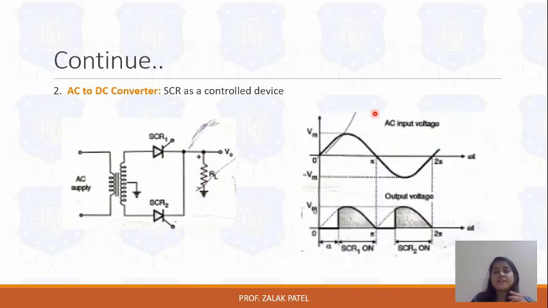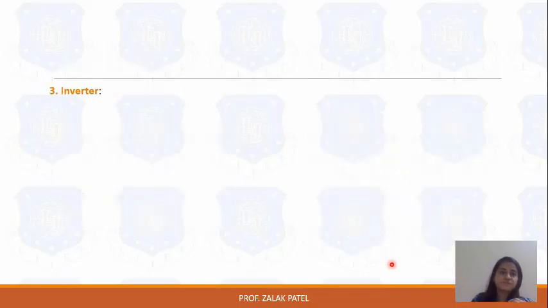So here you can see that on the first cycle, that is 0 to pi, the SCR1 is operated with some firing angle, that is alpha. We will discuss about what is firing angle in detail in unit number 2. Up to this you have to just remember that because of this control device, that is SCR connected over here, there will be a change in the waveform, because it provides the controlled rectification of the circuit. Rest of the operation will remain same as the previous one.